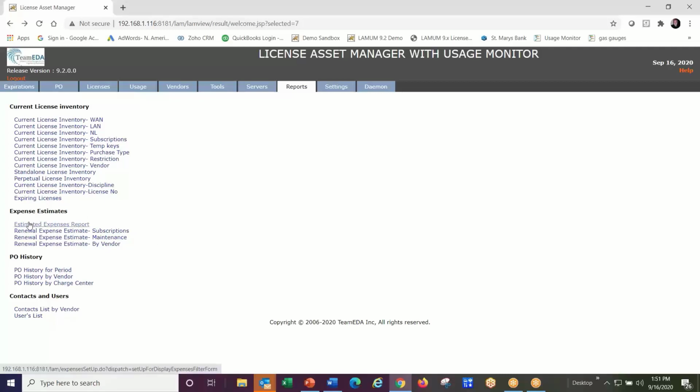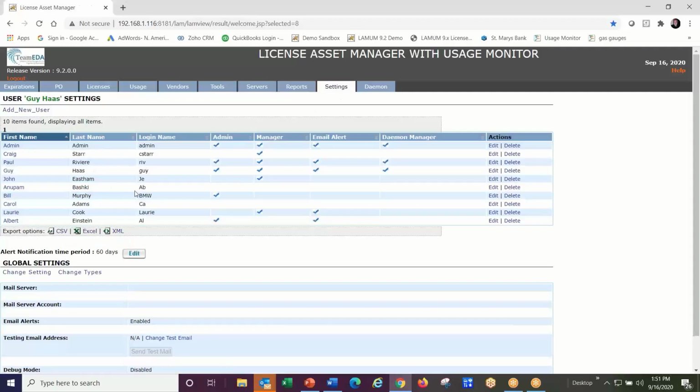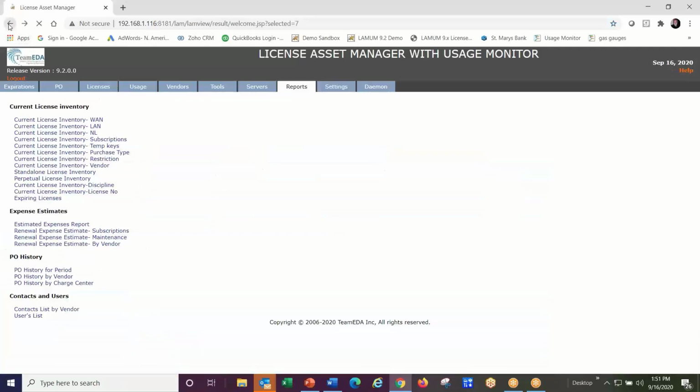And then these are all my expense estimate reports: renewal expense for subscriptions, renewal expense for just maintenance, renewal expense by vendor, upcoming. All of these you have to state a period of time upcoming. And this is the PO reports by history, by period, by vendor, by charge center. And then these are my reports for contacts by vendor. And I can get a list of all my users out and what the permissions are. Users are these people here that I have listed here. So those are all my quick